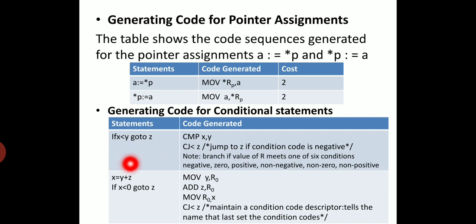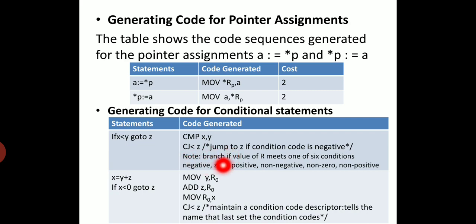In the next case, x equal to y plus z, if x less than 0, go to z. That means the code will be generated for x equal to y plus z. After that, without doing a CMP, we can directly generate CJ, conditional jump less than z, because it will be looking upon the previous statement.